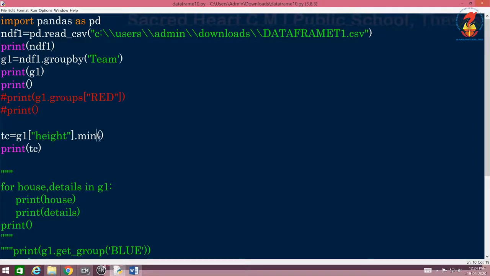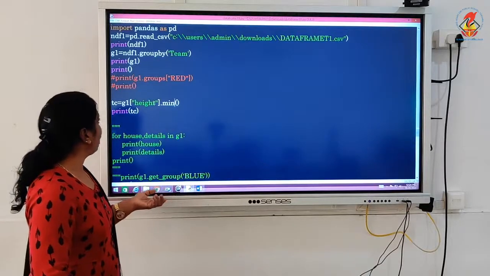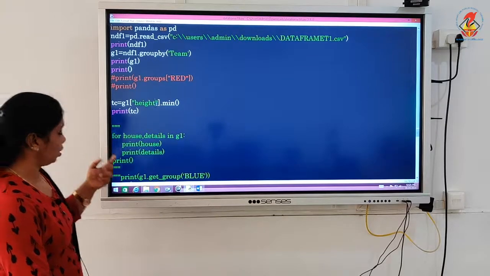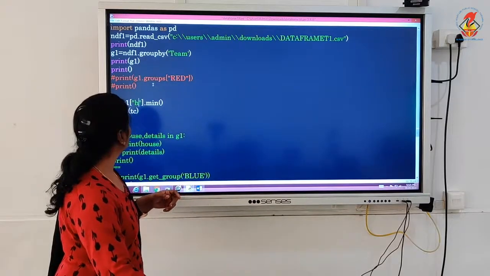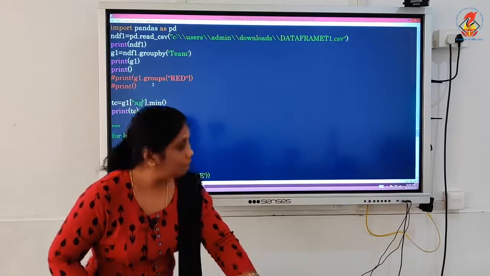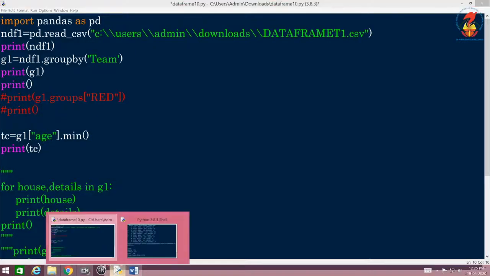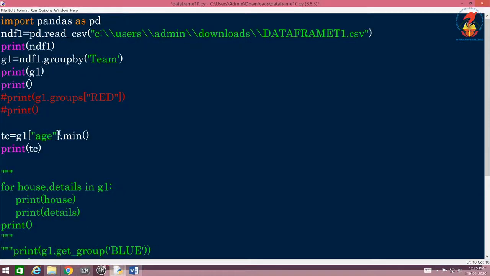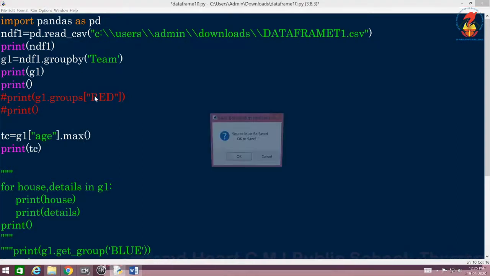If you want, you can change all this and try it out. Min can be tried out. Max can be tried out here with the help of age. For example, age. Remember the case sensitivity, so you have to check whether it is capital or small. It is small letter only, age, so I am checking and then doing it, otherwise definitely a value error will come. You can try that by changing it yourself. And I am giving max here, and that is round.